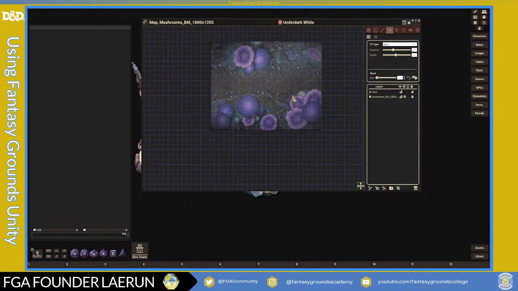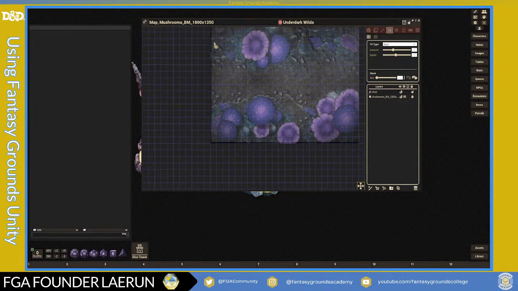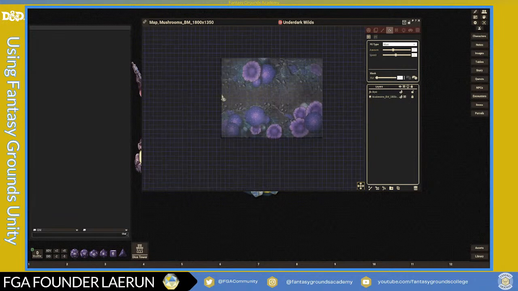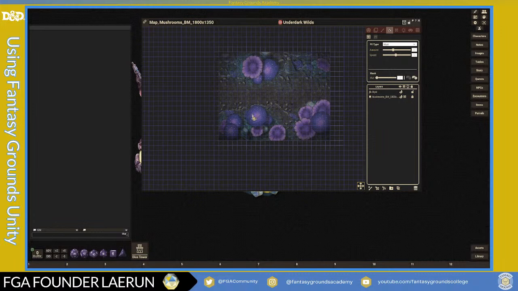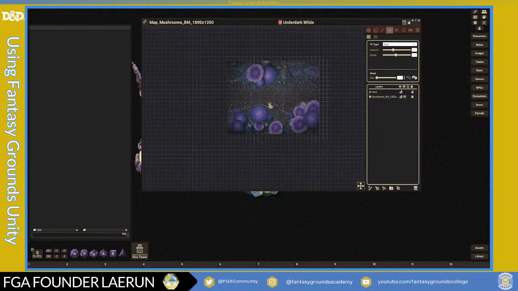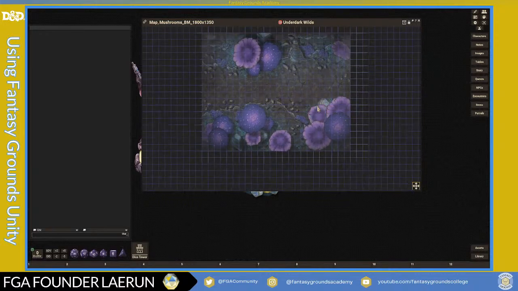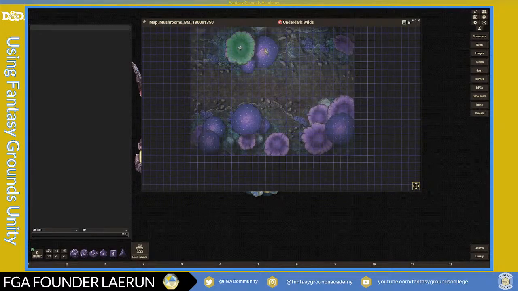So that's what you want. And then you can see I kind of missed a little bit of this area over here. So if you have to add, you can just come down here and do this. And that will make sure that you got all of it. And maybe just reveal just the very edges of the map. So there we go. So that is basically what I'm doing for that. What I want to do is grab a character or make one, and let's see what that looks like. So that is basically going to be the